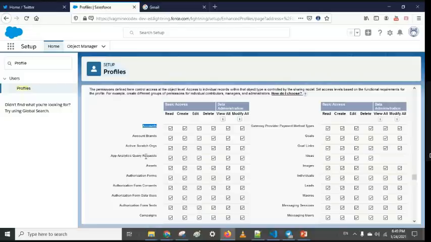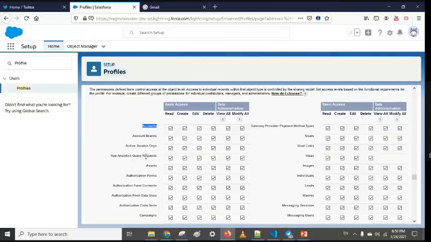So if I created a record, only I can see it. If Kisan created a record in the Account object, only Kisan can see it. But if we enable View All on that profile, then as a user I can see all records, Kisan's and Dhanik's both. For that purpose, I can give View All permission.